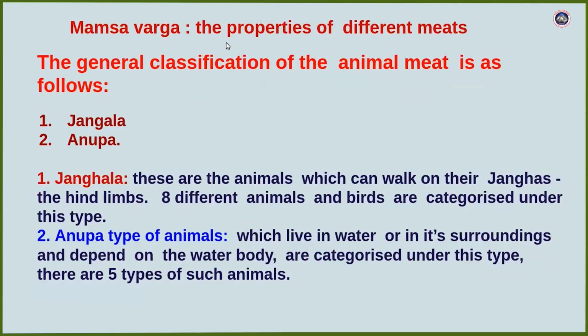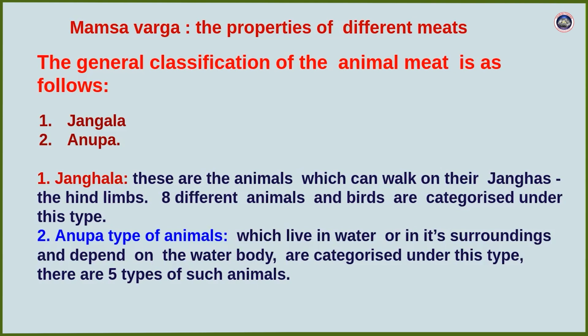I think nowadays the food is not complete unless it is also added with some non-vegetarian stuff. Many of us are well habituated to take animal meat also. So in Ayurveda also it is discussed, and a lot of information is there on various types of meat products and various types of animals from whom we take the meat for the purpose